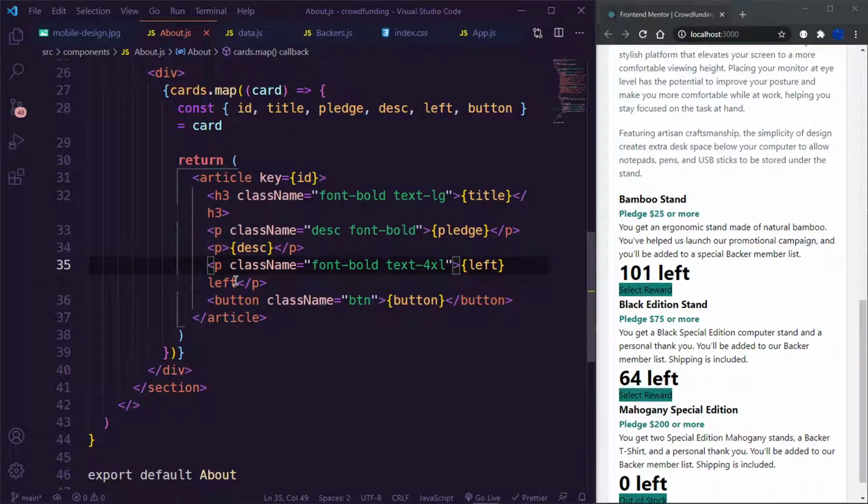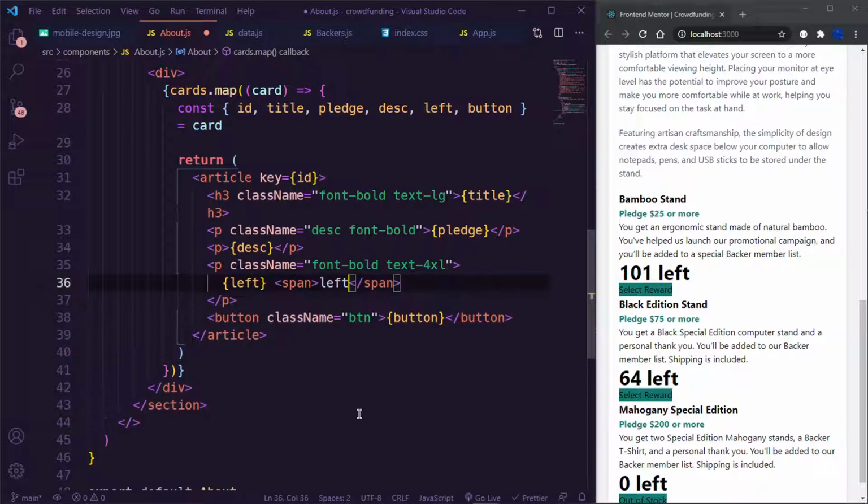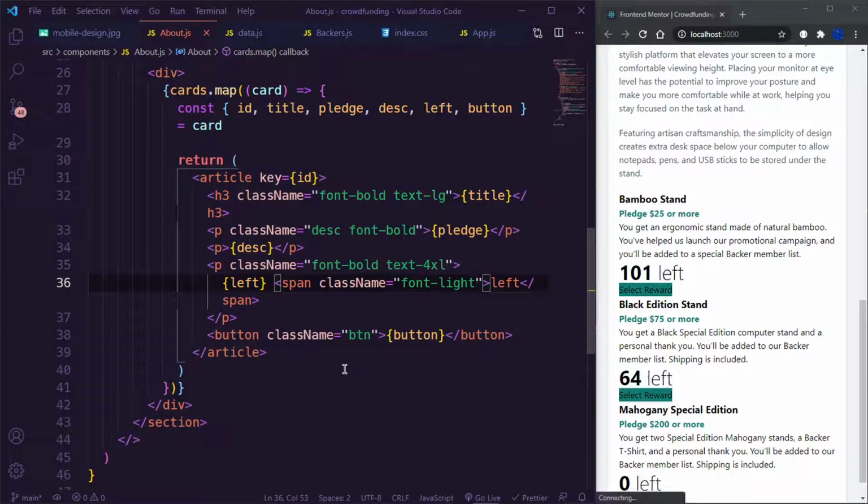Okay, and then go inside this text here that we rendered, cut it out and place it inside a span. And then inside this span, give this span a class name of font light, which will reduce it. And then say text small,